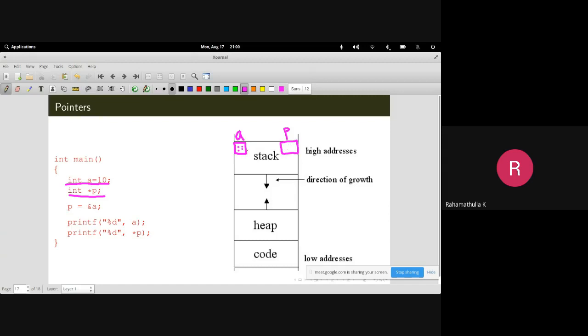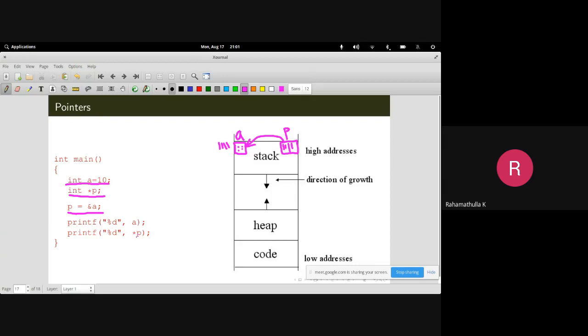So it can hold, for example, this variable a was created at some memory location, let's say at memory location 111. Then inside this we can store that value, so that it is something like a reference, or it is referring to this memory location. So this is how we give that assignment p equal to ampersand a. Ampersand a means the address of the variable a is assigned to p.